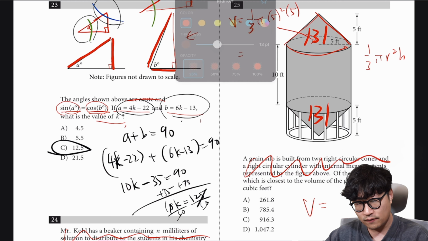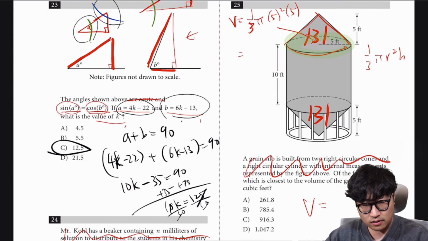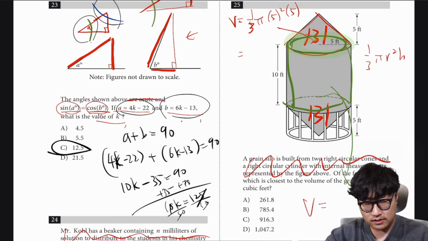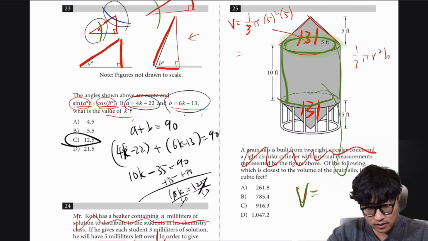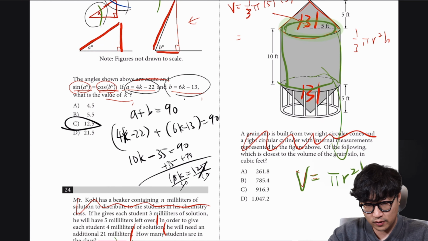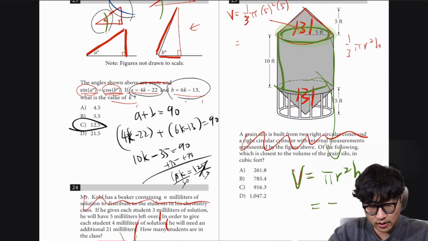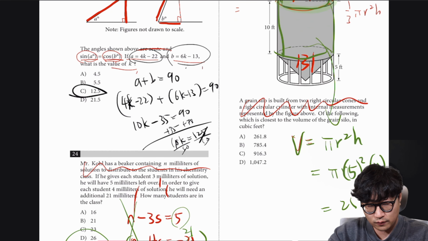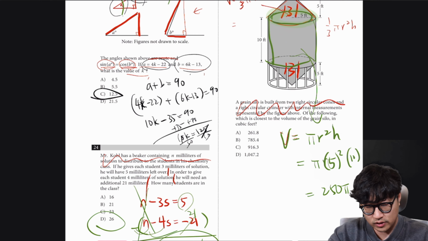So now I just need the volume of the cylinder right there. So cylinder, that part. And then that cylinder volume is pi r squared h. The front of the packet tells you that. So pi r, well, the radius is a 5 squared times the height. So that will be 250 pi. So, which if you do that in your calculator,